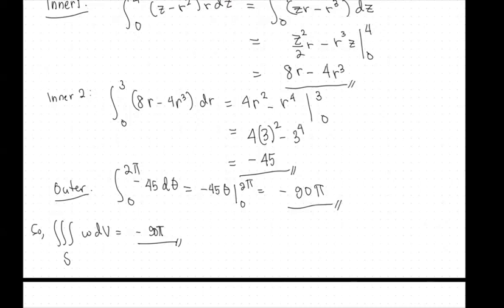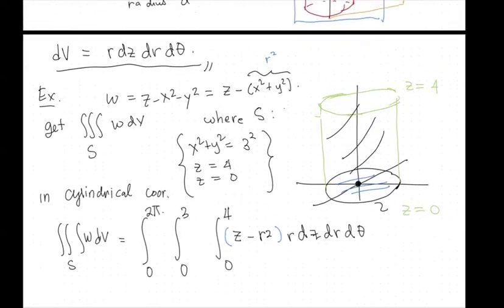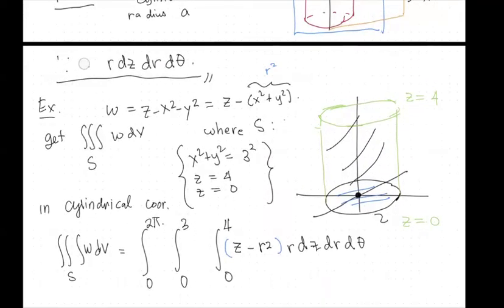Hello, any questions so far? So this is an example of evaluation of triple integrals in cylindrical coordinates. First, we have to remember your dV here. So this is the order that we usually use. And then don't forget the grouping because it might confuse you because, for example, here, you may just put the r at this side instead of distributing up to here.